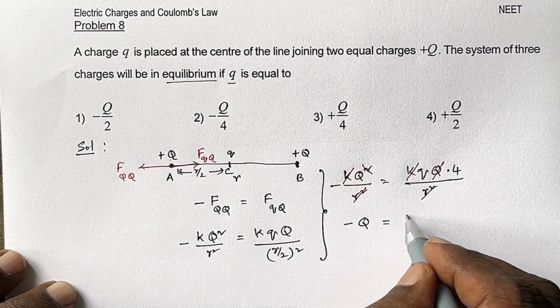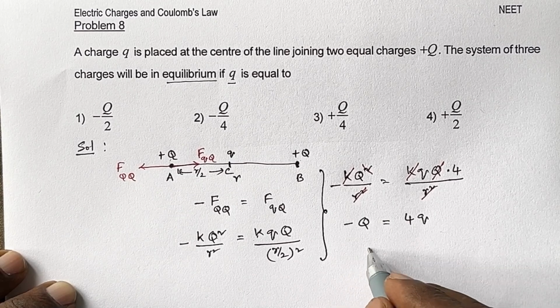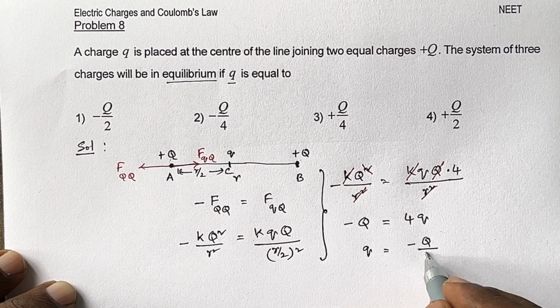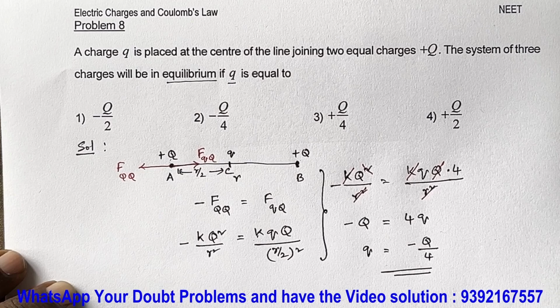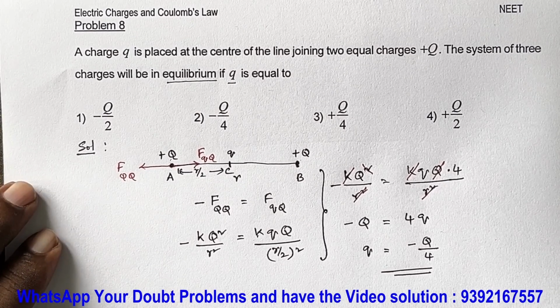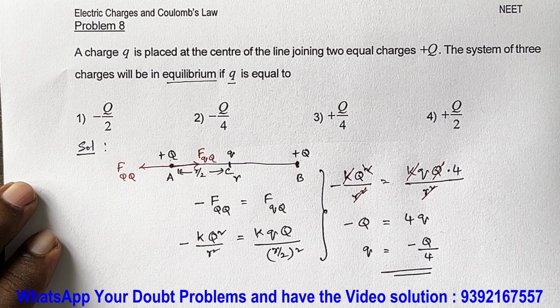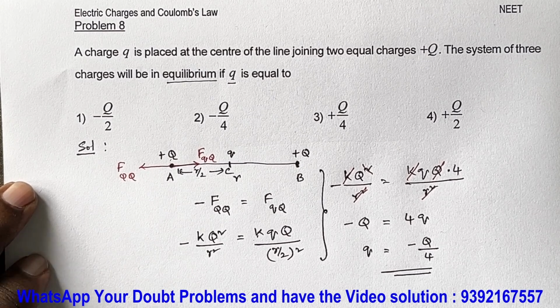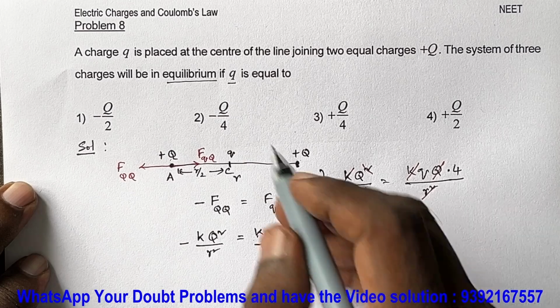Minus q is equal to 4q. So the q value we have to calculate is minus q by 4. So our answer is minus q by 4. If the charge q value is minus q by 4, all the three charges will be at equilibrium. So the correct option is